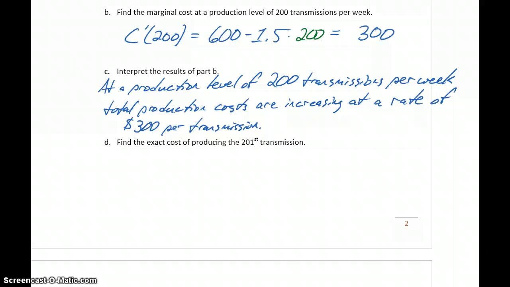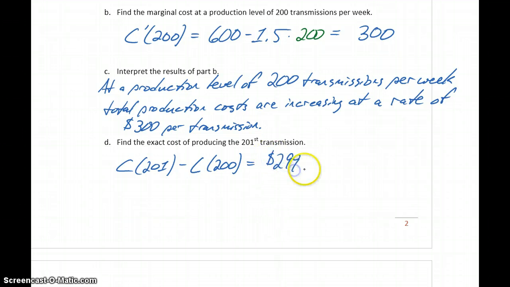And then in part D, we want to find the exact cost of producing the 201st transmission. So C of 201 is the cost of producing 201 transmissions. If we subtract out the cost of producing the first 200, we're left with just the cost of producing that 201st item, which in this case will be